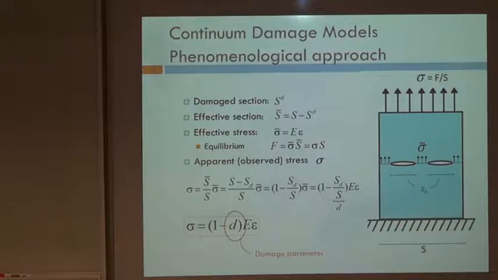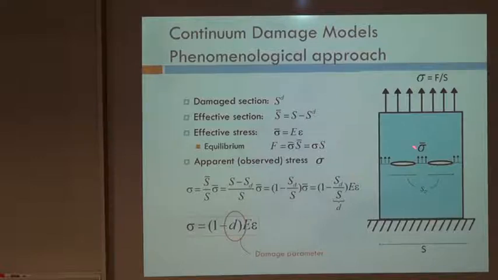So that's something that we can measure macroscopically. It's related with this expression, 1 minus one factor, which is a scalar, by the way, which is the ratio of the damaged surface with respect to total surface. From now on, we call that the damage variable,